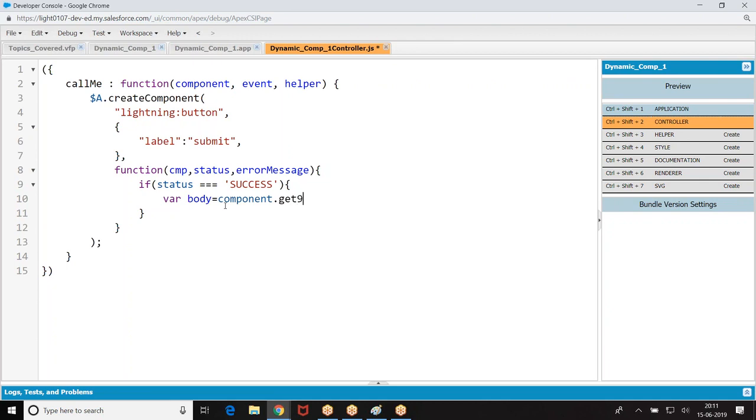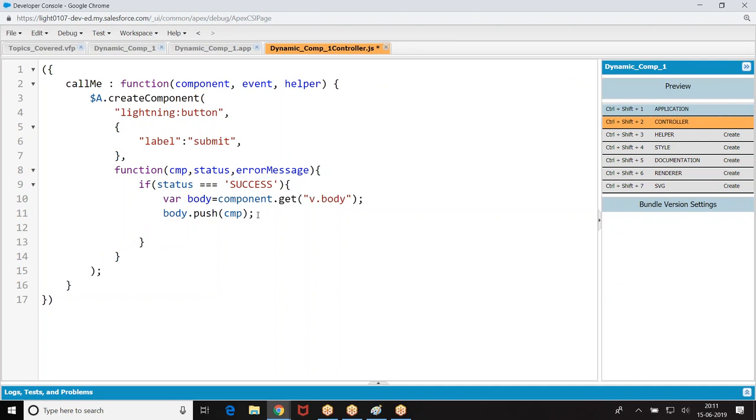Component.get body. Get the existing body. Then in the existing body we have body.push. What is the new component which was created? CMP.